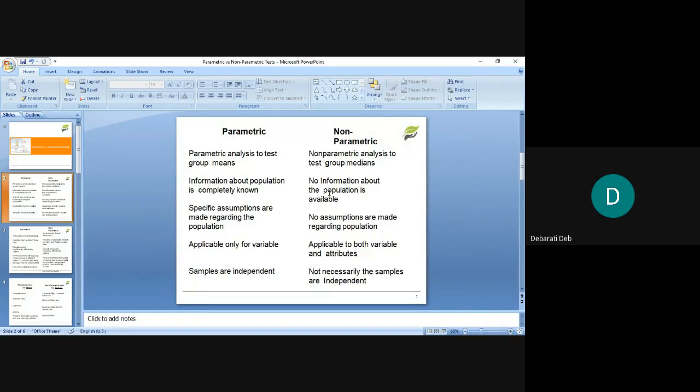Now, suppose you have collected a sort of data, and you can see that similar results you have got: 10, 20, 15, 18, 16, 14, like that. Some sort of data you have got, for example, then you can easily calculate the mean of that data, isn't it? Mean means average. Just add it and divide it by the number of observations or number of respondents' replies. So you can calculate the mean. If you are able to calculate the mean, then you can apply the parametric tests. What are the parametric, non-parametric? I am coming to that in the slides.